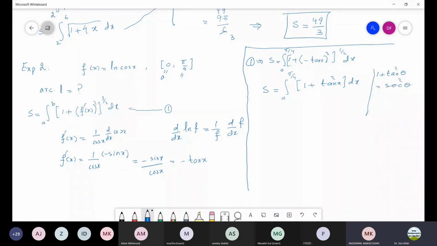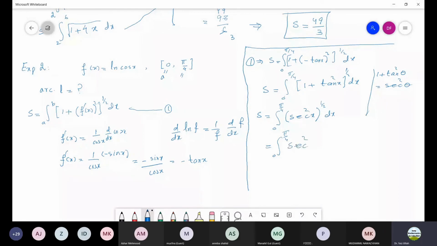Now let me tell you one formula: 1 plus tangent square theta is equal to secant square theta. That is the basic formula. So we replace 1 plus tangent square x by secant square x. There is 1 over 2 also. Let us do that. So I am writing S is equal to integration from 0 to pi by 4, secant square x whole power 1 over 2 dx. And from this I can write integration from 0 to pi by 4,